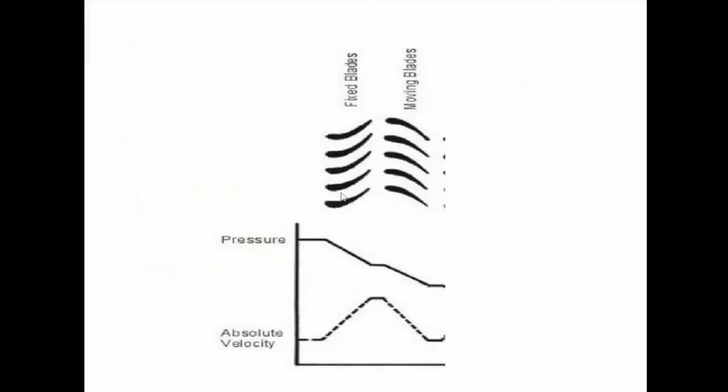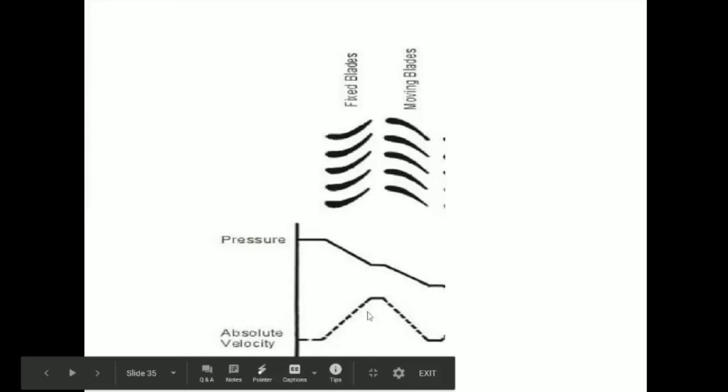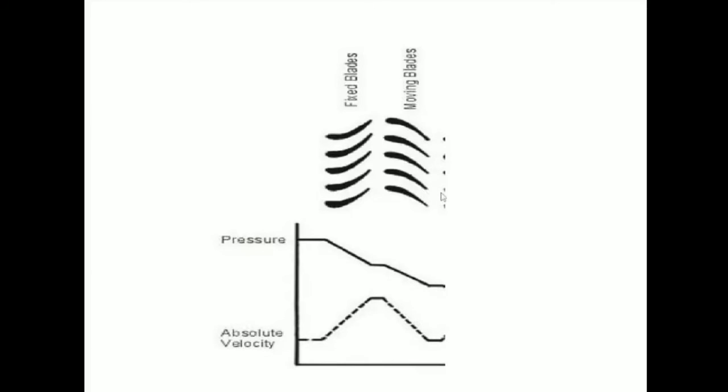These are the arrangement of fixed blades, that is acting as nozzles, as well as the moving blade. The high pressure steam is released from the nozzles and pressure gradually falls. Velocity graph is the same as that of impulse turbine. Velocity gradually increases while the steam is passing through the fixed nozzle. Then finally, in the release time, absolute velocity is maximum. Then again, it decreases as the steam is released through the blades.